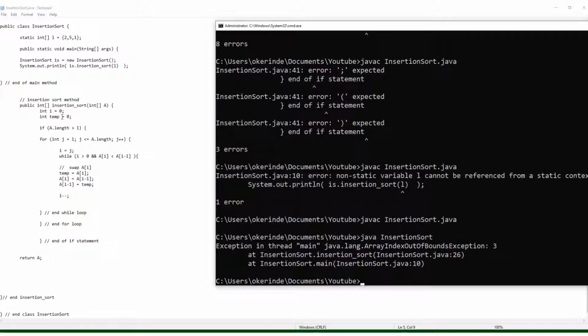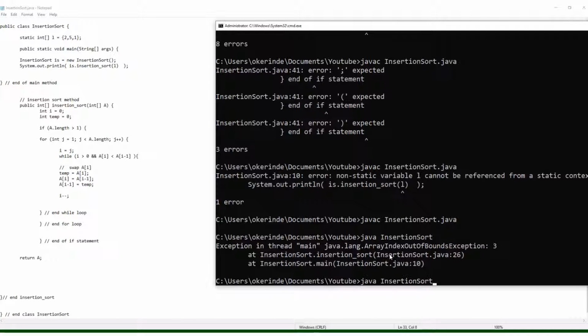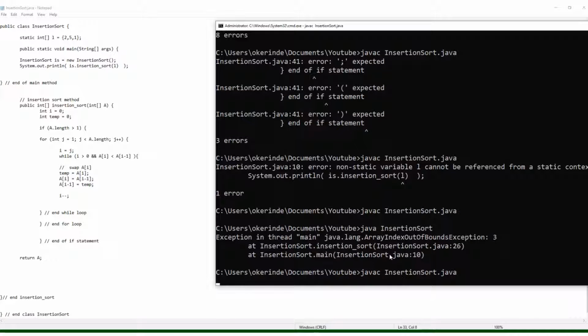So our I is starting from the 0 and temp is 0, and we're giving I to be the value of j. So essentially we don't have to reach the last element because it's going to give us problem. So we need to rerun that